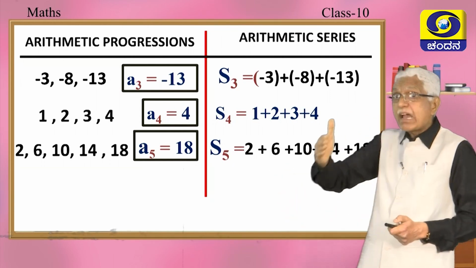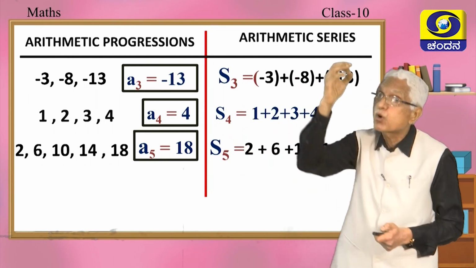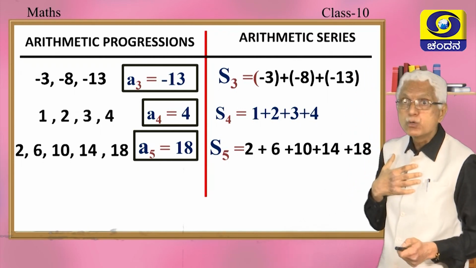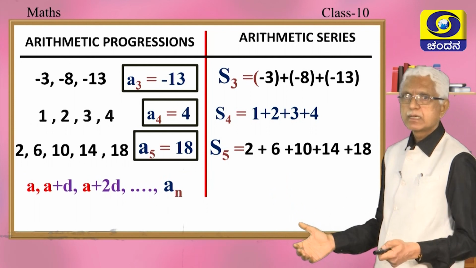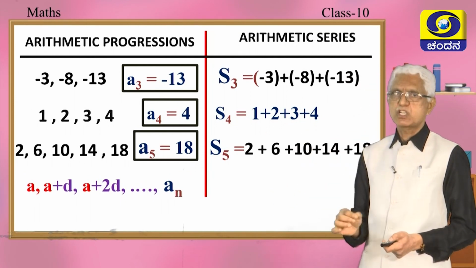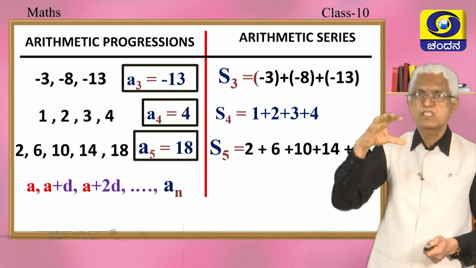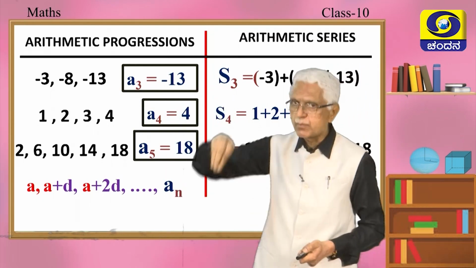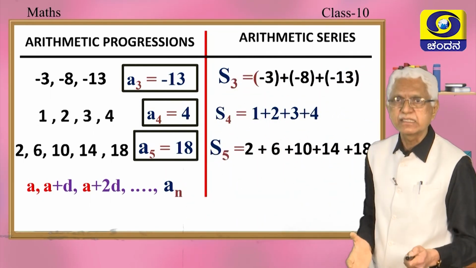So, if I have to find out the sum of the terms of an arithmetic progression, what do I do is the question now, right? Okay. My dear children, we know any arithmetic progression can be written as A being the first term, A plus D common difference is added, A plus 2D common difference is added, dash dash dash AN, it is the nth term.